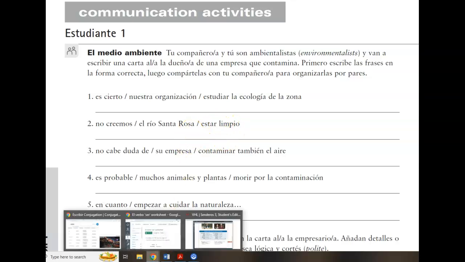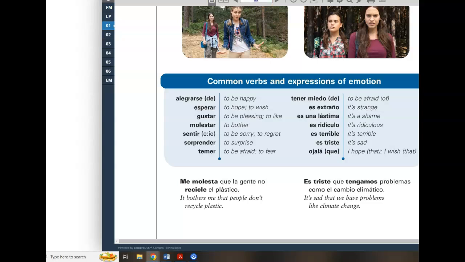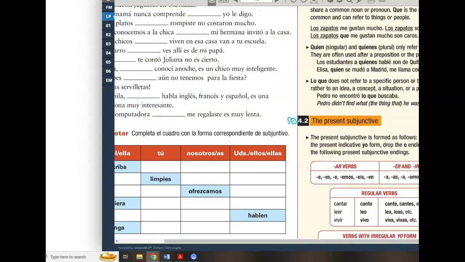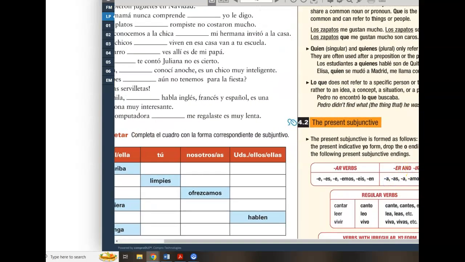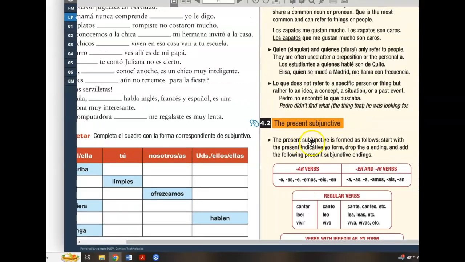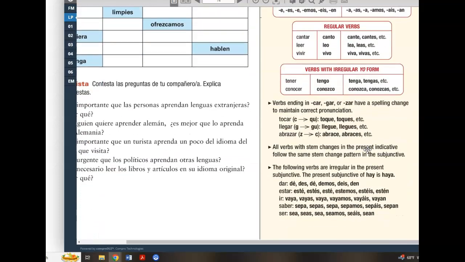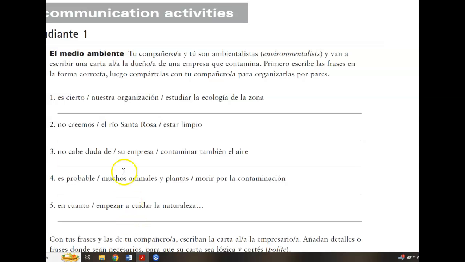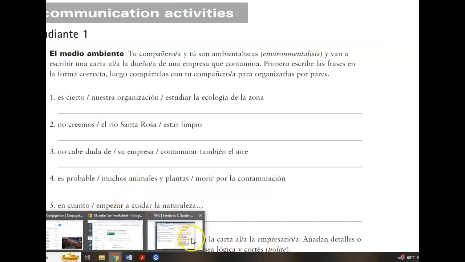And then estar, if you go back to page 14, is one of those irregular verbs in the subjunctive. Irregular meaning that it doesn't follow this methodology of putting a verb in the present indicative in the O form and dropping the O. Estar doesn't follow that. Estar is irregular. And here is how estar would conjugate in the subjunctive. And since our subject is the river, it's also going to be like number 1 in the third person singular because we're talking about it, a body of water. And so your conjugation would be